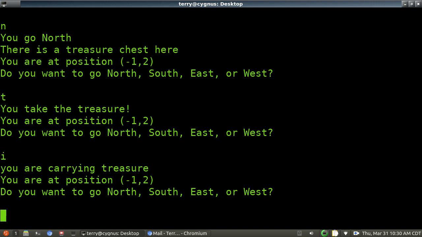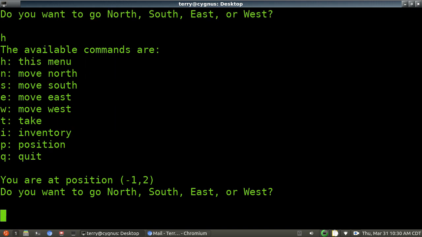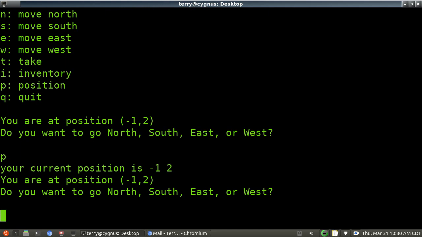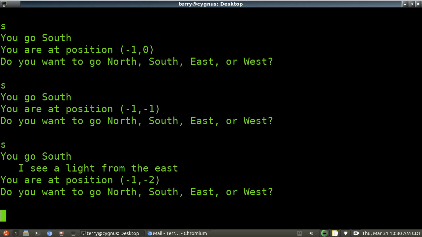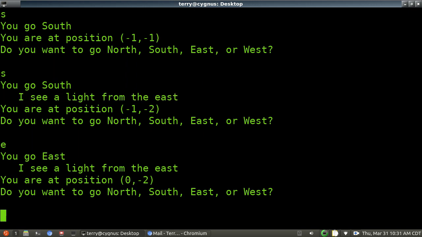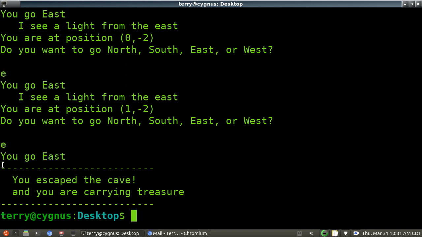Help, what else can I do? Inventory position, let's see what position says. I'm at -1, 2, that works. Let's go to the exit then. So I'm going to go south, south, south, south. I see a light coming from the east. East, east, east. You escaped the cave. You are carrying treasure. Okay, so it works great,